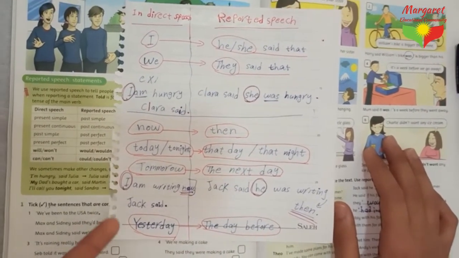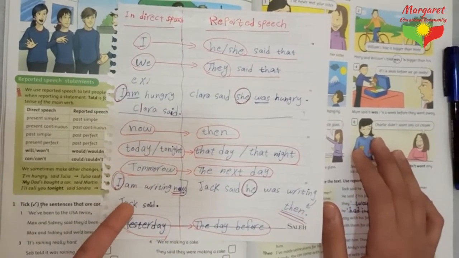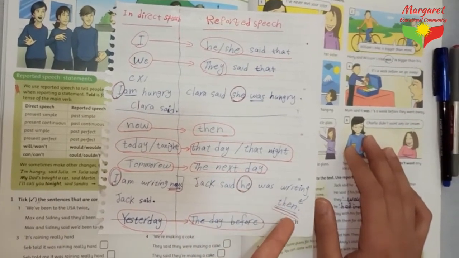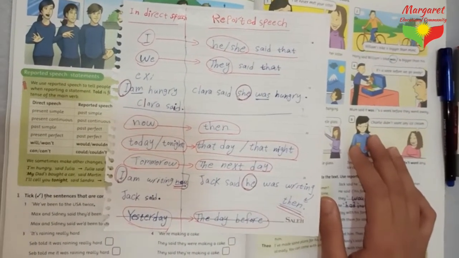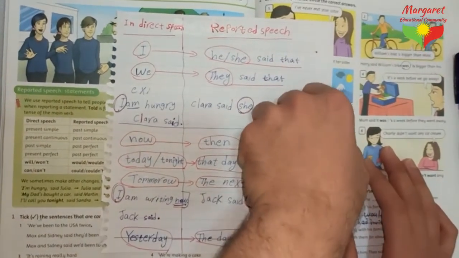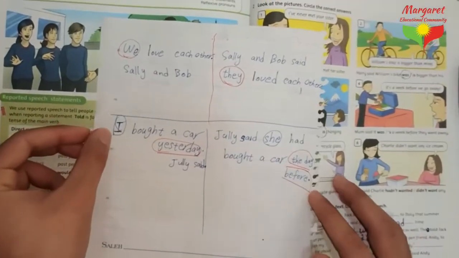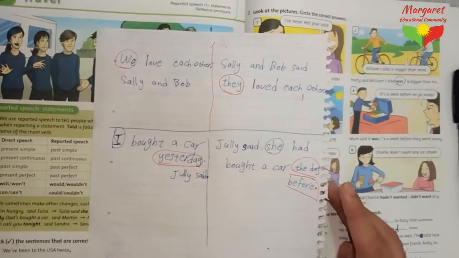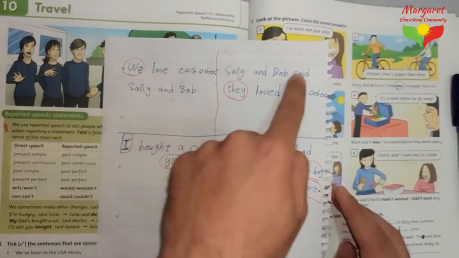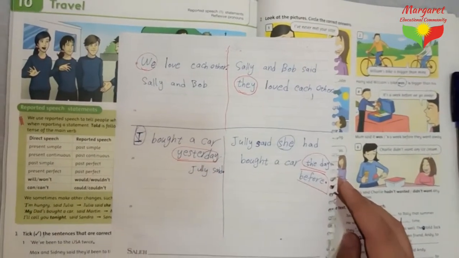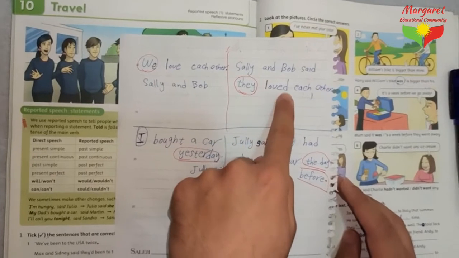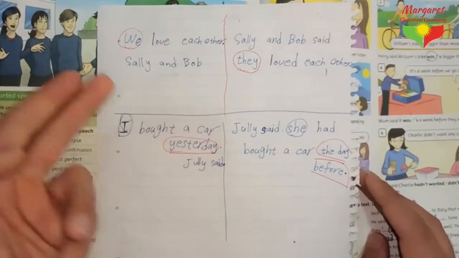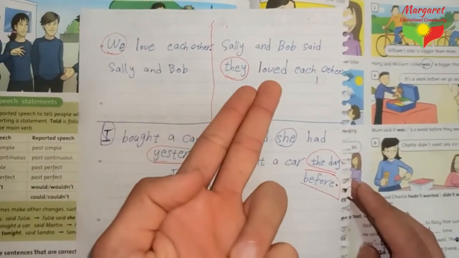Look at this example. I am writing now, Jack said. When we report it, Jack said he was writing then. So now becomes then when we report it. Okay? Let's look at some other examples. We love each other, said Sally and Bob. When we report it, Sally and Bob said they loved each other. Here is present simple. We changed it into past simple here. And we changed we to they. Okay? Because here they are talking, but here someone else is